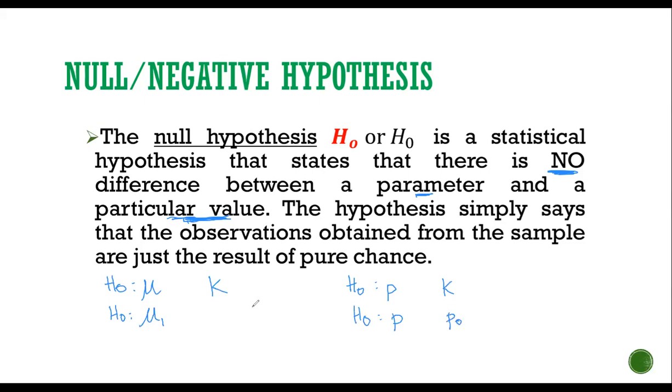Usually, sa other books, nire-represent nila yung parameter as like this. Ito yung parameters natin. This is your population mean and another value na hindi rin natin alam. Pwede rin namang ganito, pero mas nakakagulo, di ba? Bakit dalawa yung mu? Iisipin mo. Pero tingnan mo ha, magkaiba yung value. Sub 1, sub 2.